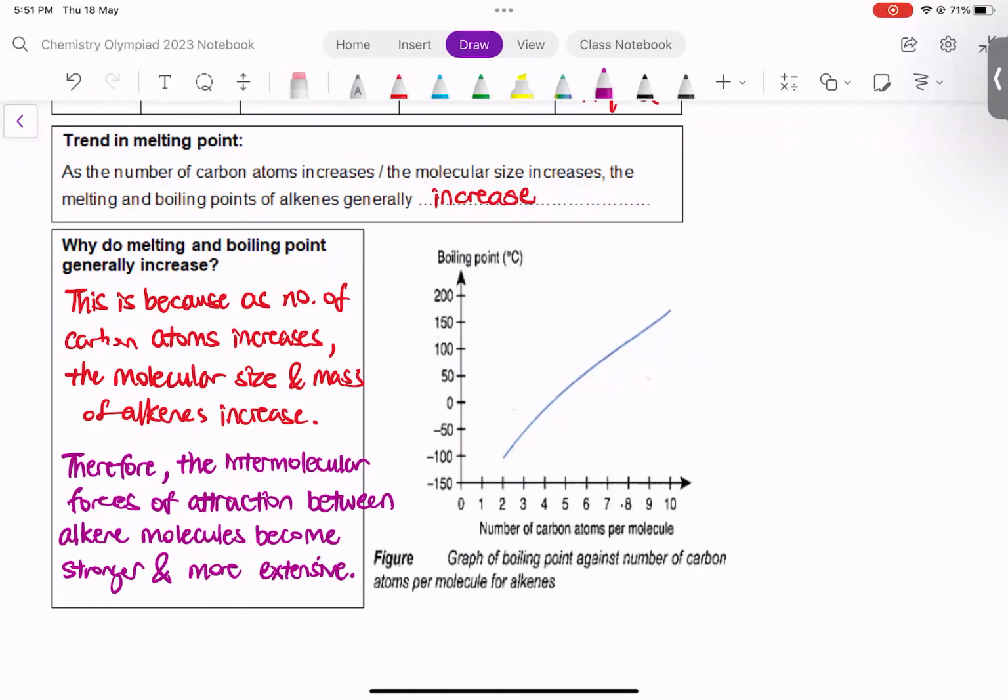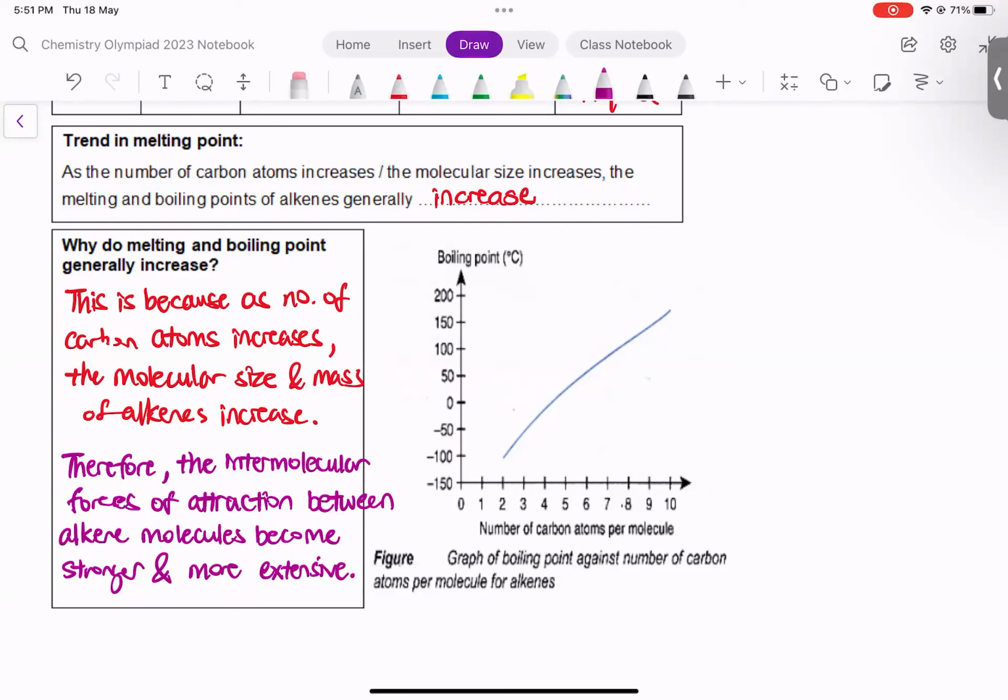So the weak intermolecular forces of attraction are dependent on the molecular mass. If the molecules have a higher mass, generally the weak intermolecular forces of attraction become slightly stronger, more extensive as